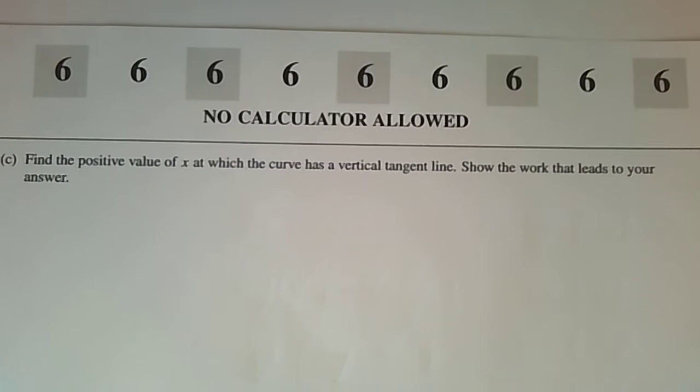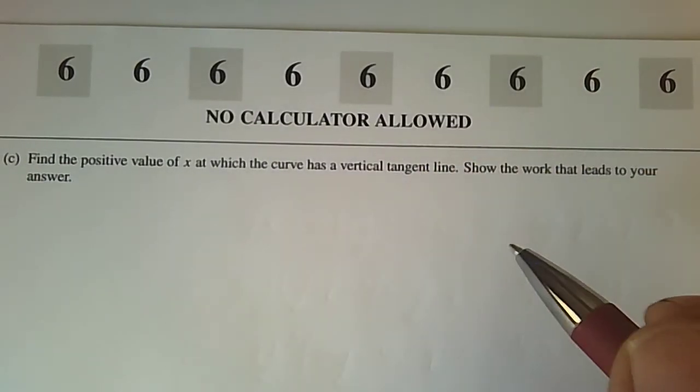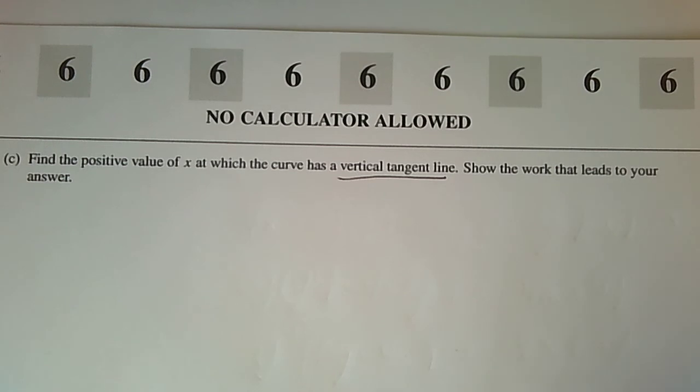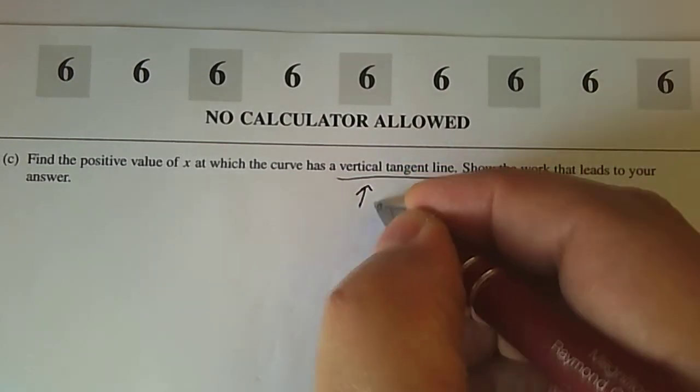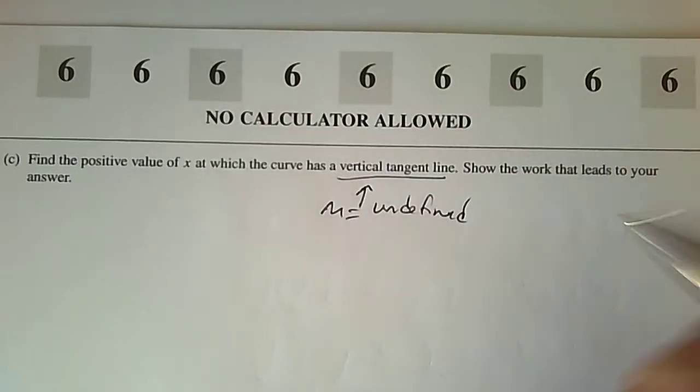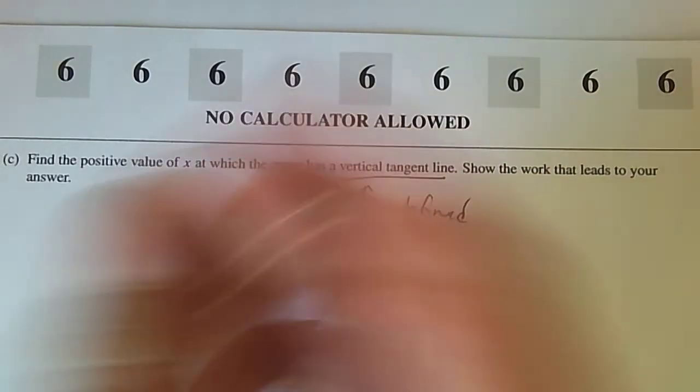Part C. Find the positive value of x at which the curve has a vertical tangent line, and then show the work that leads to your answer. So what does that mean? That means it's when the slope is undefined. That's what it means. So we have the slope,